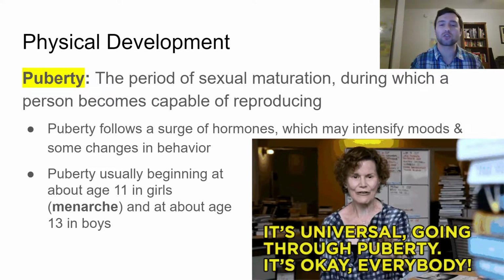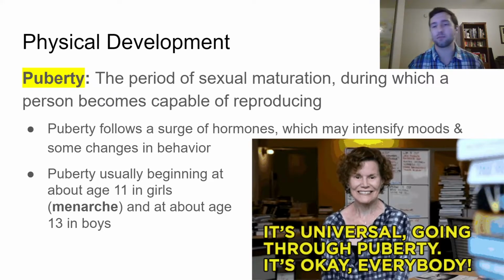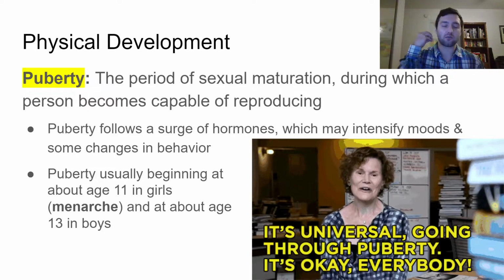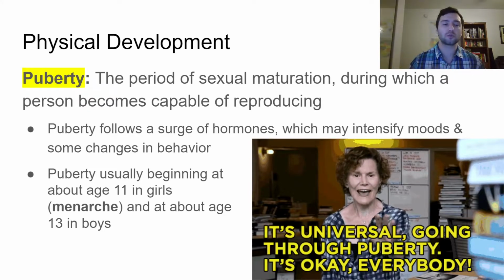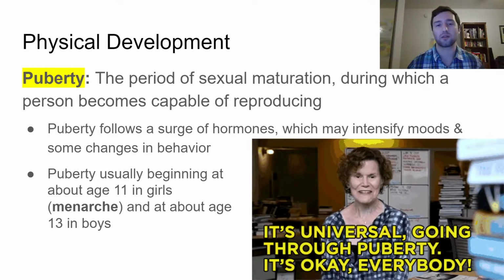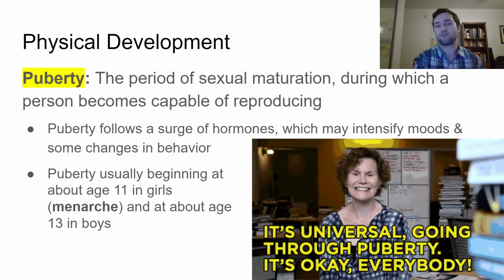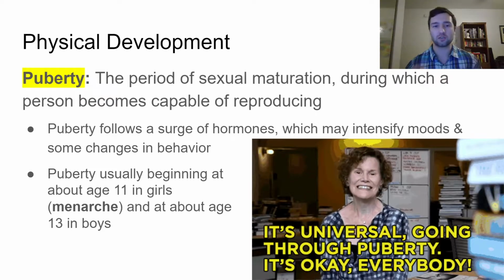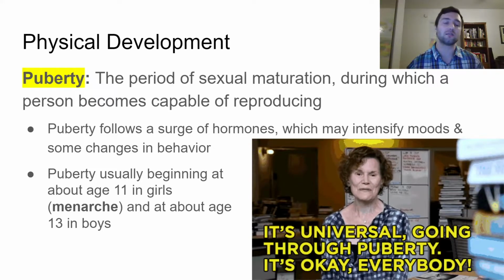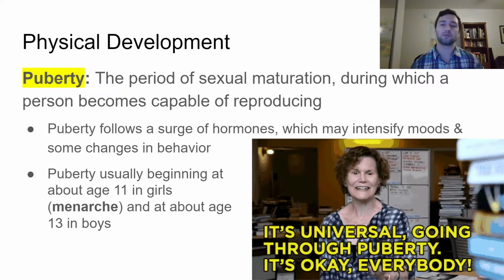Puberty follows a surge of hormones, which may intensify moods and some changes in behavior. So one of the big things that's happening is basically we're having a whole bunch of different hormones released in our body that are causing all sorts of different changes. We're going to talk about them more as we go, but we'll see a bunch of physical changes, we'll see emotional changes, we'll see mental changes, changes in the brain. There's all sorts of pieces and things happening because of this large surge of hormones that's basically being